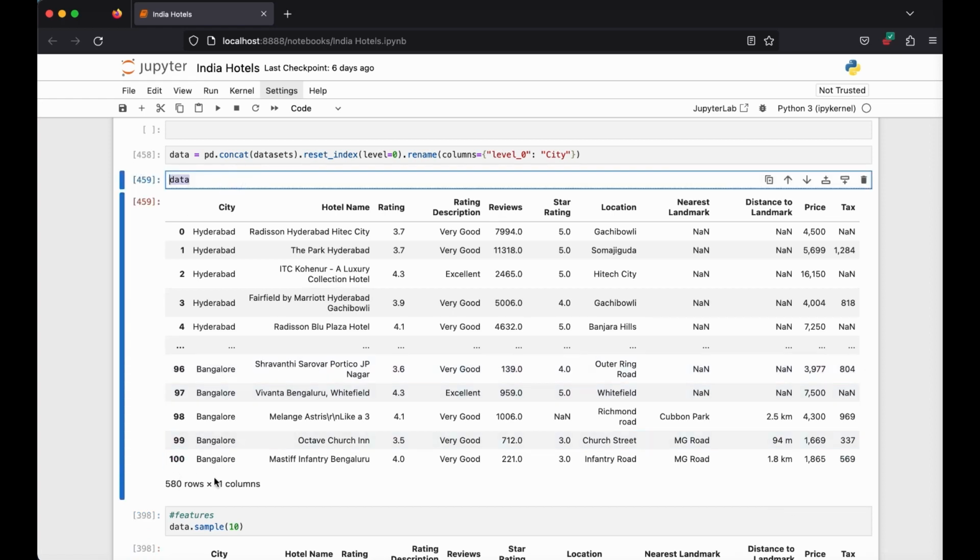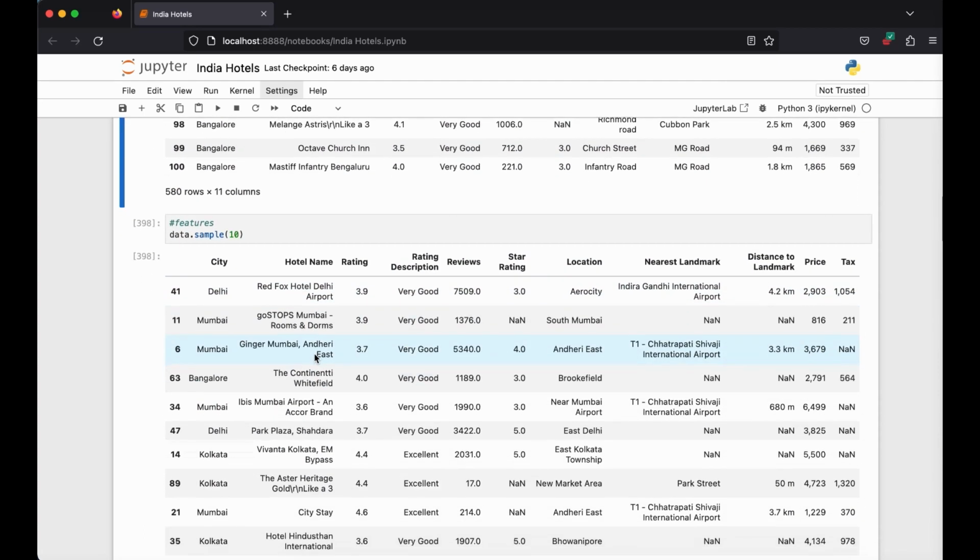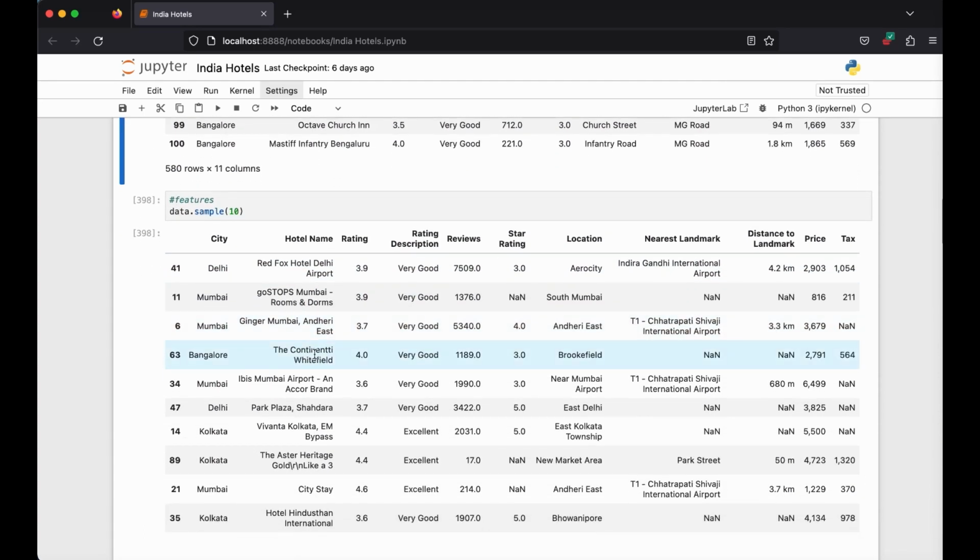We have 580 rows, 11 columns. This is all the cities combined together. So the data importation part is completed. The next step would be to see what our sample looks like, and then we will go through the